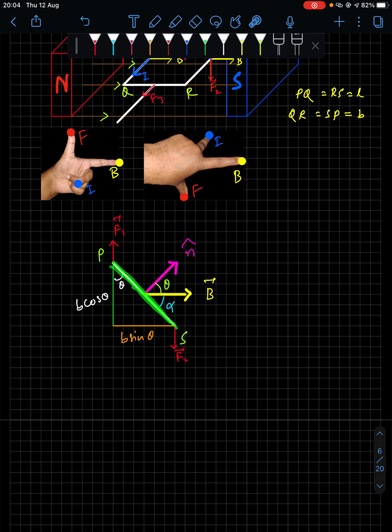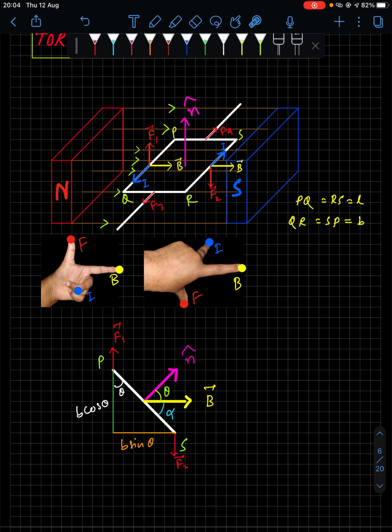Now this length is what? This length is B. Now this angle is theta. If this angle is theta, this angle will also be theta. How it comes, I am leaving it on you, that is class 10 stuff. So if this angle is theta, this is also theta. Now if this is theta and this is B, then this length will be B sin theta, and this length will be B cos theta. So I hope I have explained all the parts of these two diagrams. Now we can get into the mathematics if you have understood this.